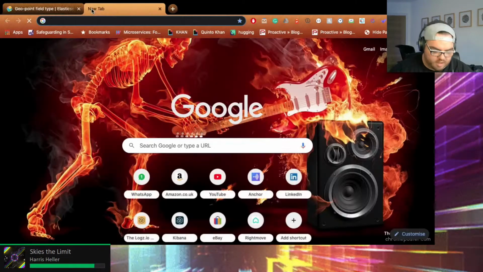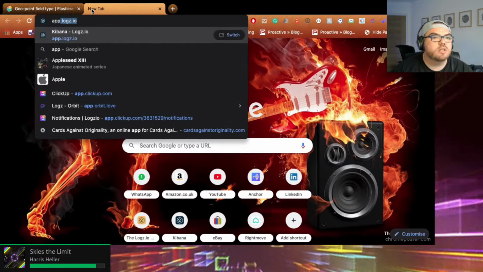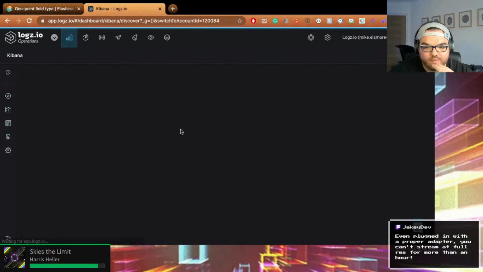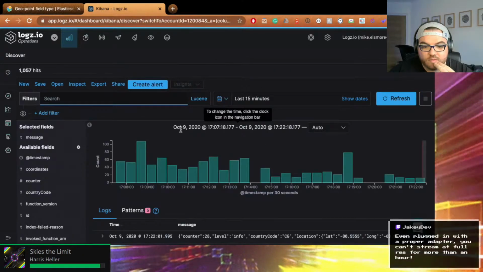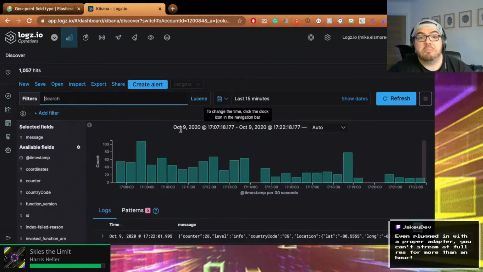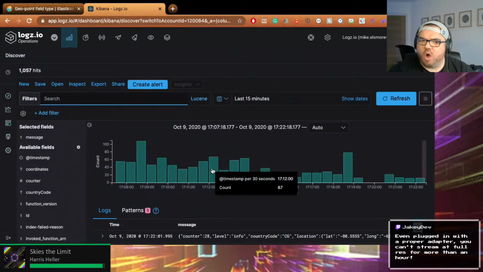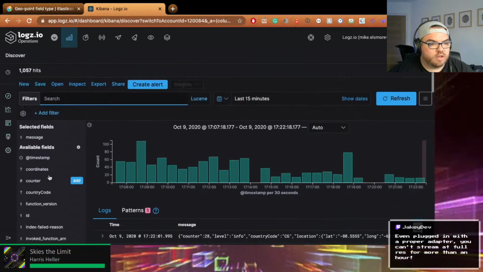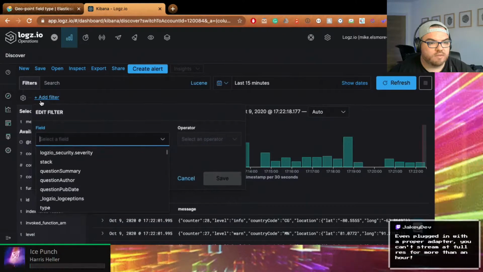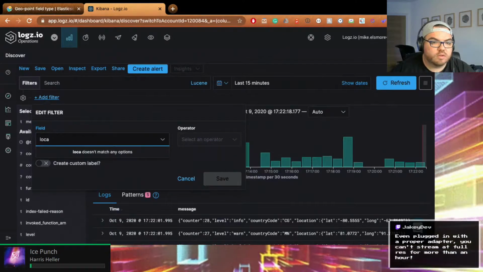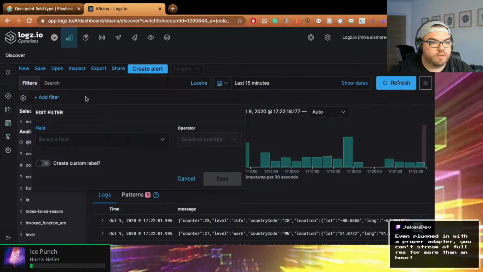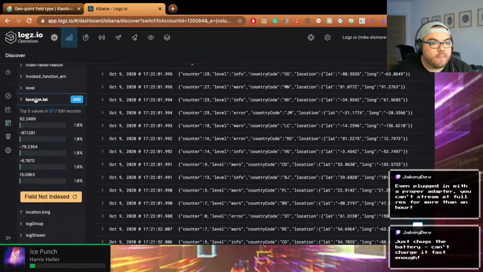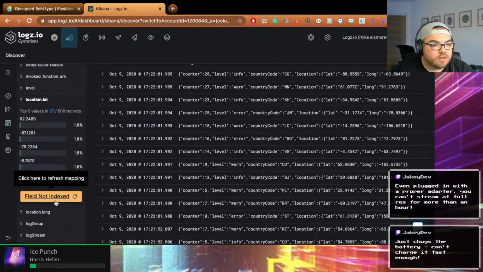Oh, close Cabana, the thing I need to look at, because I am stupid. Right. Let's see if we're producing... Seriously? That is oddly surprising. Okay. So... add filter. Alright. That means I need to force it to field not indexed.